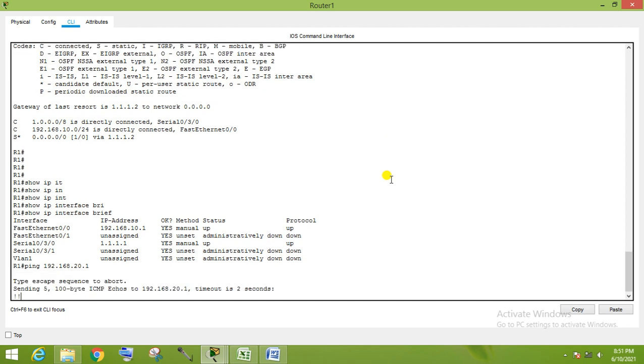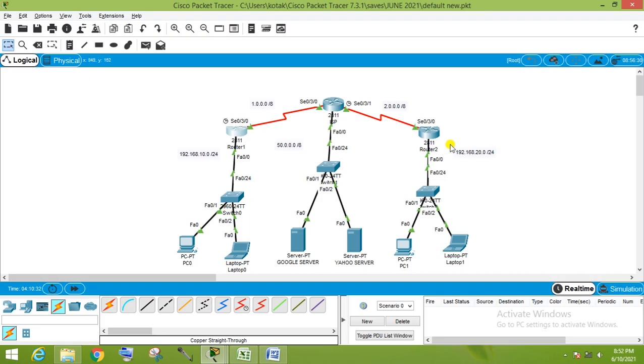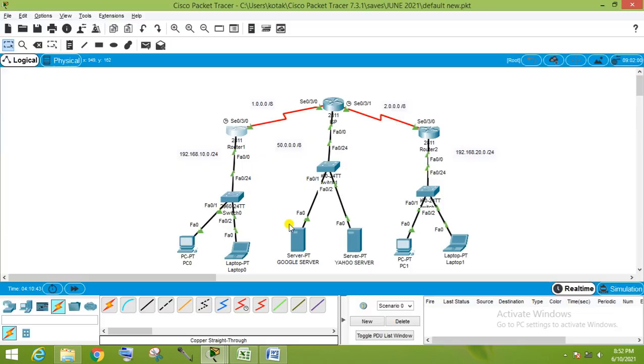Ping 192.168.20.1. It's pinging fine. Okay, and same thing if I want to ping the 50 dot network, that is 50.0.0.1. It also pinging fine. Okay, means my router is visible to this network and this network.